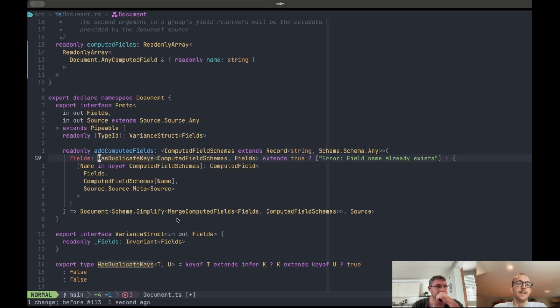And then I implemented this has duplicate keys type to basically make sure that the computed fields that we're passing in do not have any fields that will conflict with the fields that already exist in the document. And since we're always merging the computed fields into the fields,